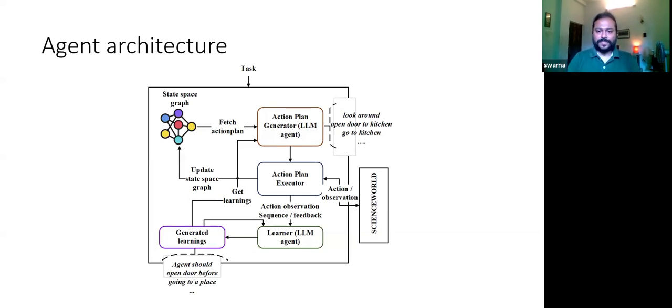But when I started experimenting, I saw it was wrong. Even if we supply very accurate information to the LLM, like the different objects in the environment and how to traverse from one area to another, the LLM in most cases was not able to come up with a correct plan.